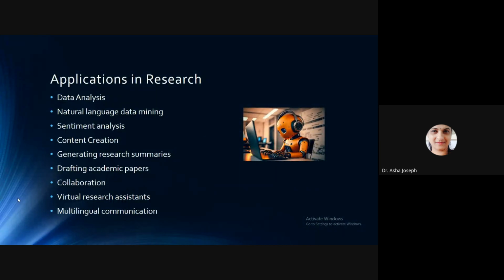Because of this particular machine, this GPT, as a result of the research, you can do a lot of applications in research using the GPT. It will allow you to do the data analysis. It will allow you to do the natural language data mining. Data mining means, again, mine the data, get the data, retrieve the data, dig the data and get it. Sentiment analysis, it will be doing content creation for each and every day, maybe for your teaching purpose, or